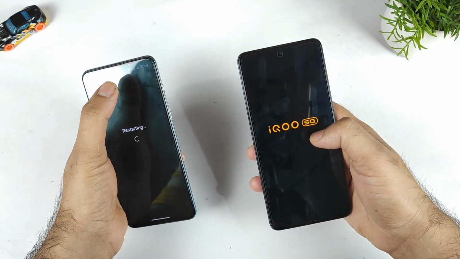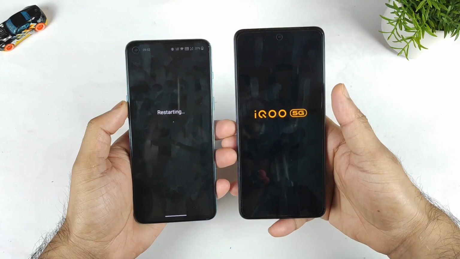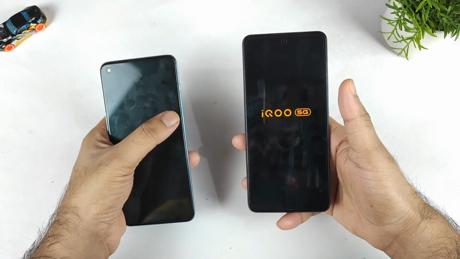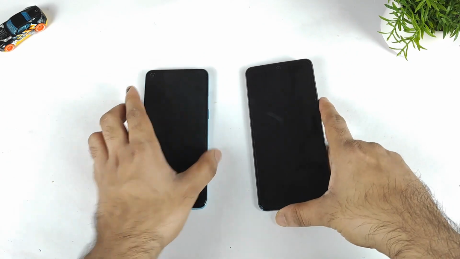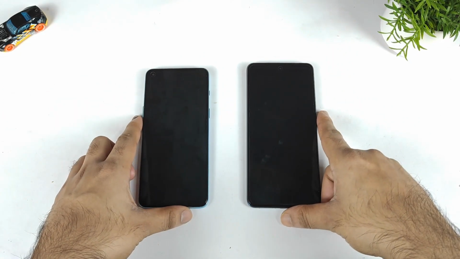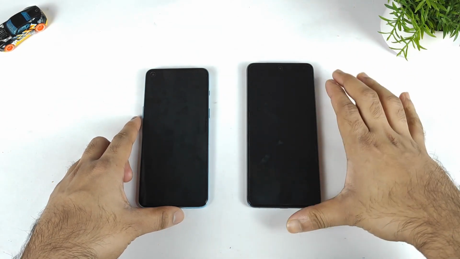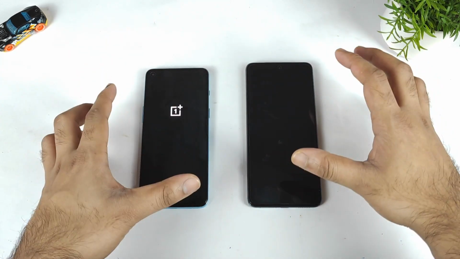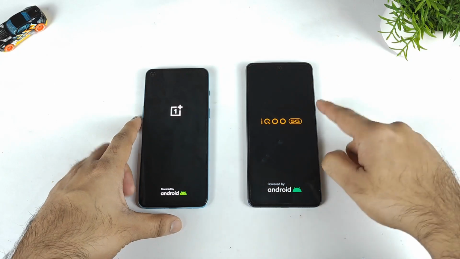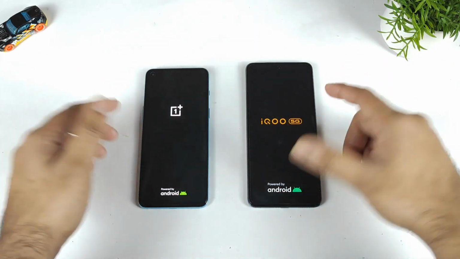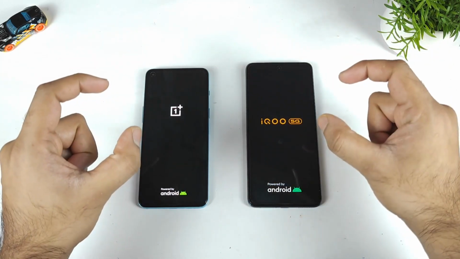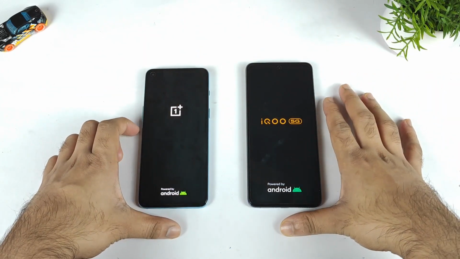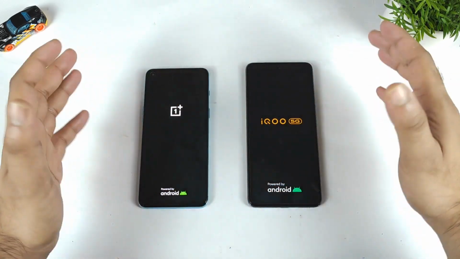As you can see, both phones are restarting at this moment. Now we should be able to see which phone actually has what type of RAM management, and this is the test I'm doing after the recent Android 12 update in the iQOO Z5. The iQOO Z5 did receive the Android 12 update, I think maybe 5 days back. And right now we should be able to see which phone is really good in RAM management with these 10 applications. I did not include any kind of games.